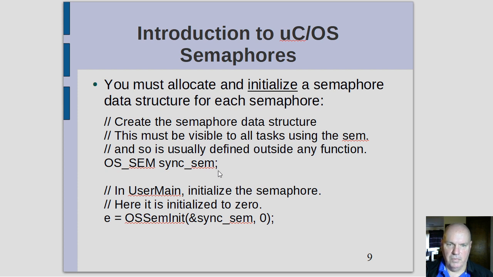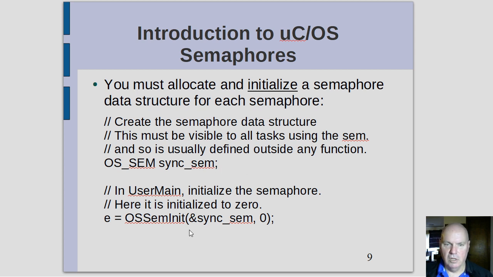So semaphores are associated with a particular semaphore data structure of type OS-sem. Here I'm defining this outside of any function, so this would typically be a global variable so that it can be accessed by all tasks. I'm defining a required semaphore data structure. Again, you could have an array of these if you're using multiple of them, or just have ones